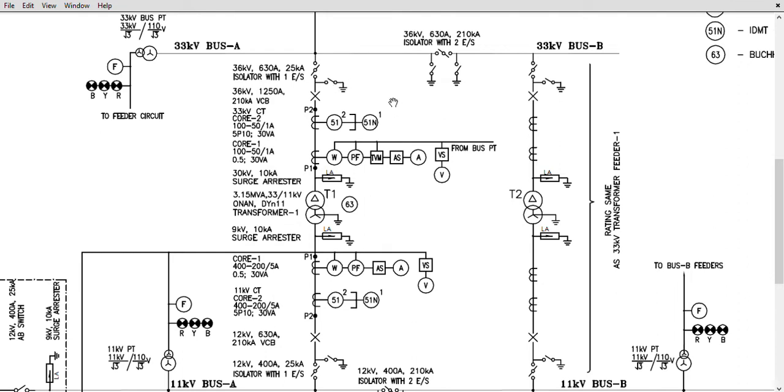See, then circuit breaker. What is the difference between circuit breaker and isolator? Essentially, the purpose of isolator and circuit breaker is the same, to make or break the circuit. But there is a significant difference. The difference is that an isolator is a simple switch without any smartness around it, whereas a circuit breaker can be operated on load, which means it will have the arc quenching media in such a way that it can break any voltage.